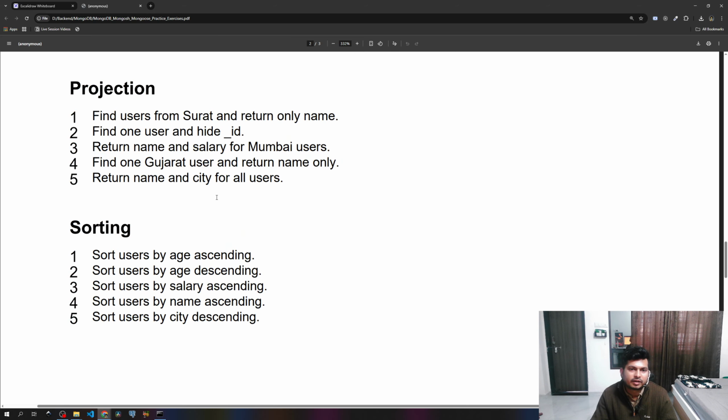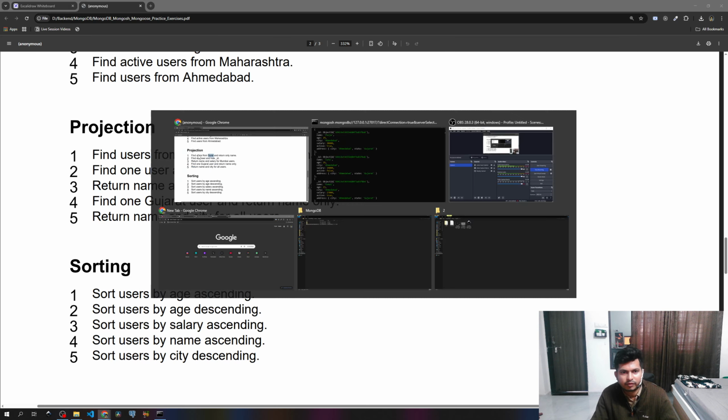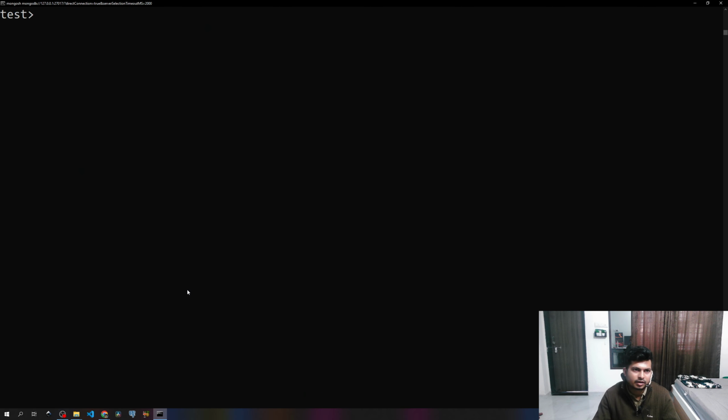28 minutes already done. So let's do projection, which means we can provide information about which fields we want and which fields we don't want as a response from the database. Find users from Surat and return only names. So let's first do db.users.find